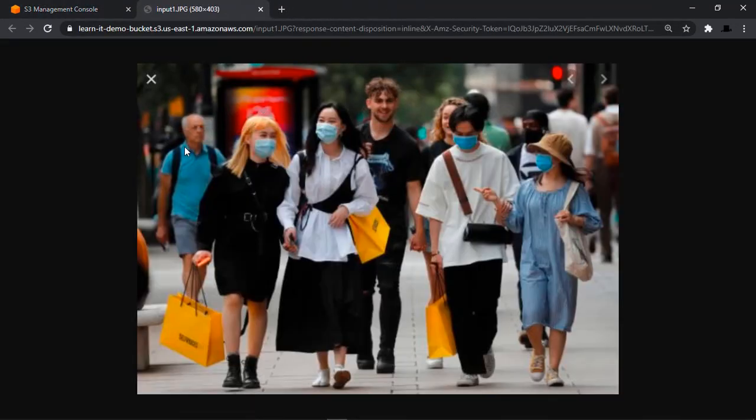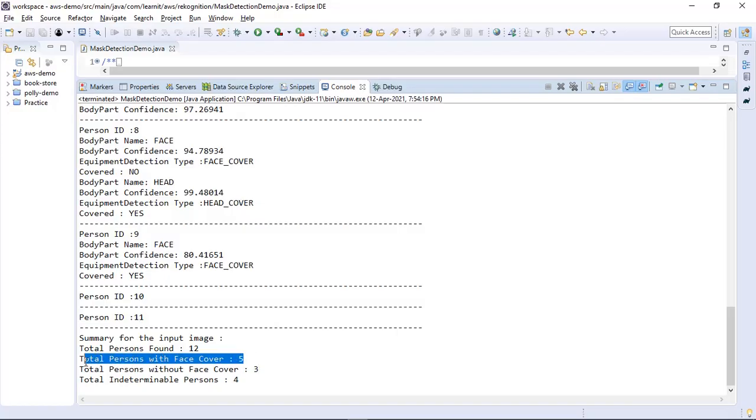So guys, you can see it has processed this image, and in this image you can see there are total 1 2 3 4 5 people which are wearing masks, and there are total 3 people, 1 2 and 3, which are not wearing any mask. And other than these people, there are some people which it couldn't identify because they are not clearly visible. We can see 5 masked and 3 unmasked people in the result.